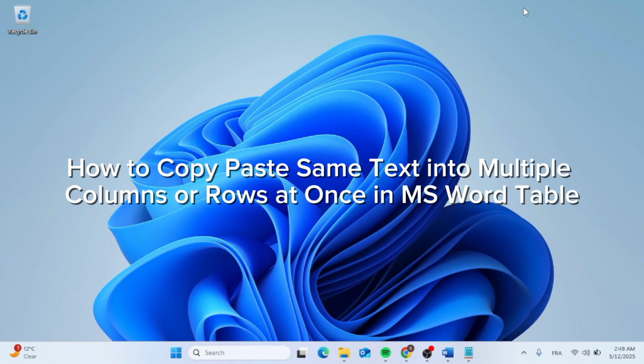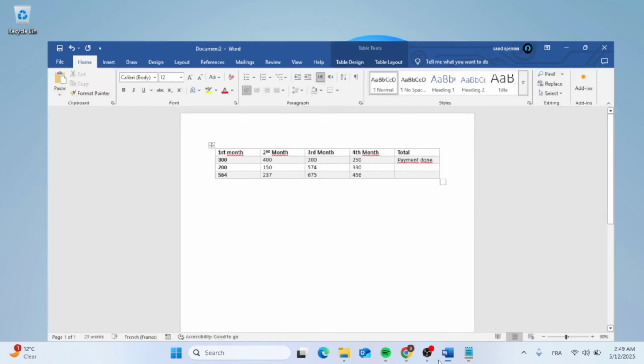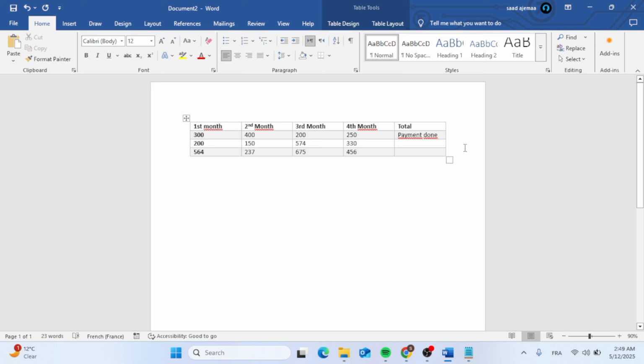In this video, I'm going to show you how to copy paste same text into multiple columns or rows at once in Microsoft Word Table. Now this should be a quick and easy process video. So if you want to copy the same text on multiple rows in Microsoft Word,